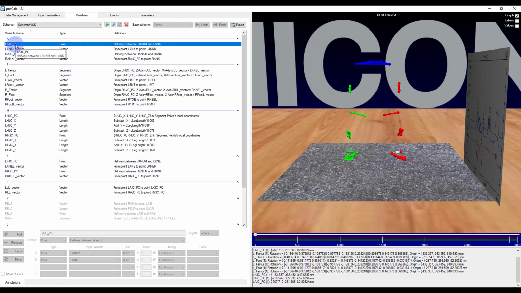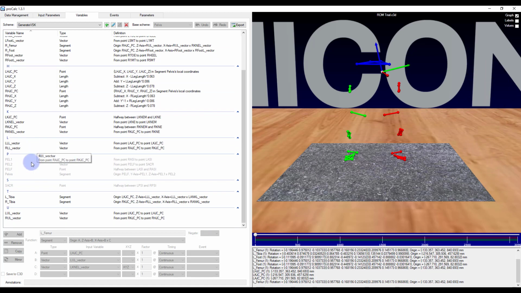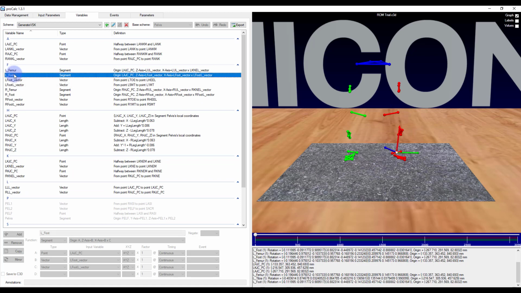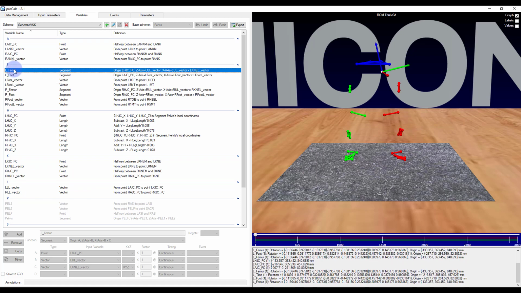I created segments with the origin on the proximal end of the femur, the tibia, and the foot. Going back to the femur for a second, you can see that the segment is defined similarly to the previous video within this playlist, but instead of the origin being at the knee joint center, it is actually at the hip joint center. When my model is complete, I will make sure to save it and then go back to